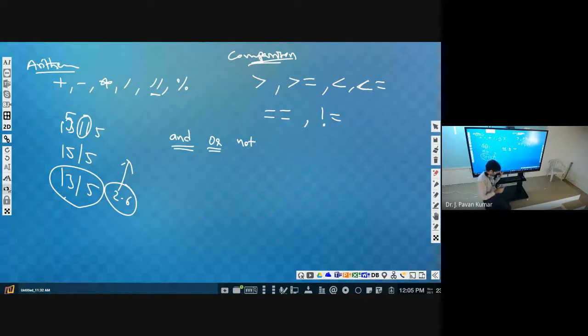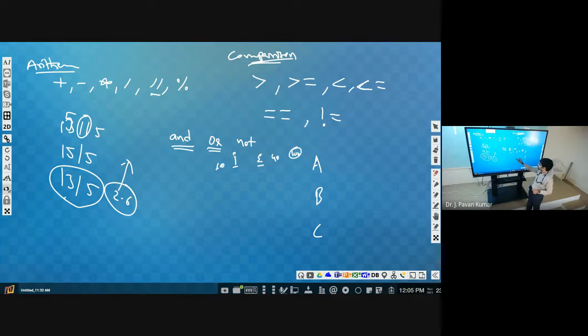For example, let us say for grading, for A grade, B grade, C grade, we have two components to evaluate to give these grades: internal marks and external marks. Now this is out of 60, this is out of 40, total 100.